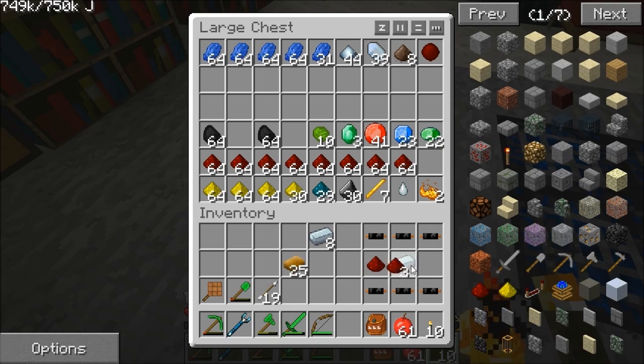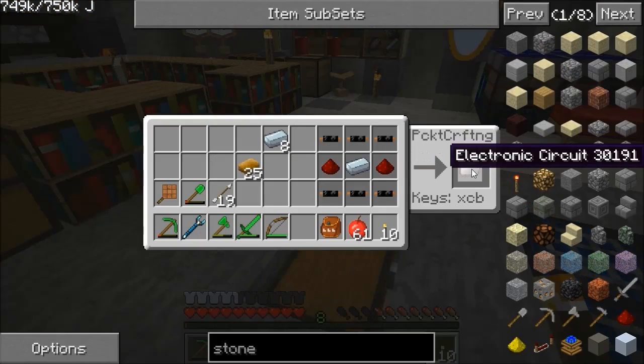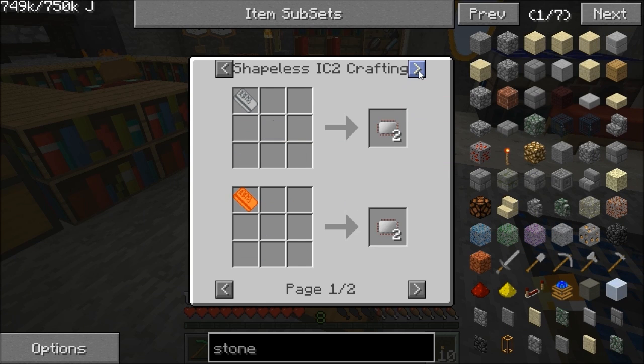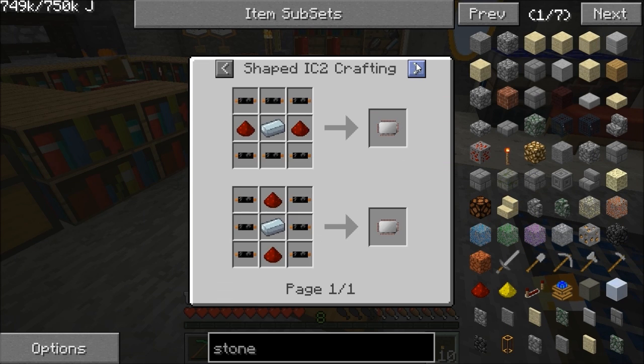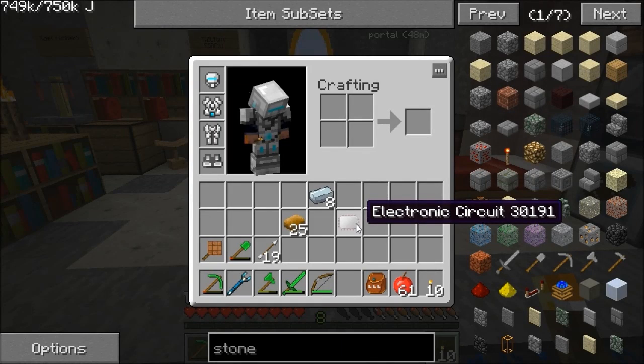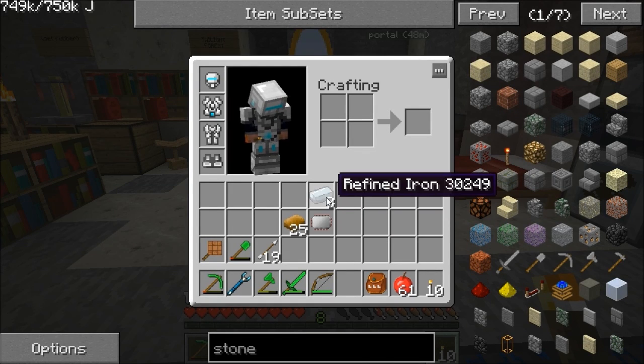We need a couple of redstone, make ourselves an electronic circuit. Now spare me 1 second. No, that's something else. So yeah, the alternate recipe's gone from then as well. You could make more than one of them at a time, so that's gone as well. So I thought it had. And we're going to want